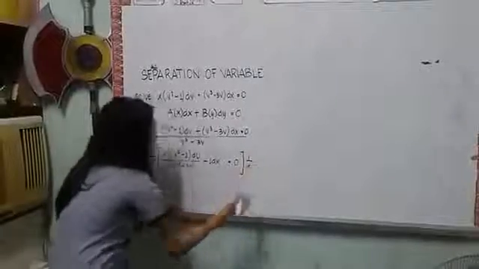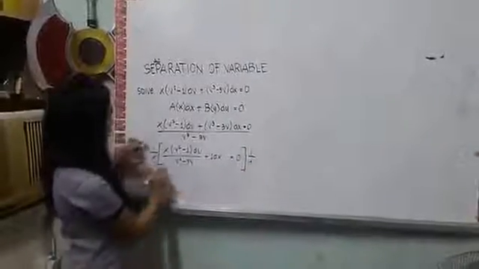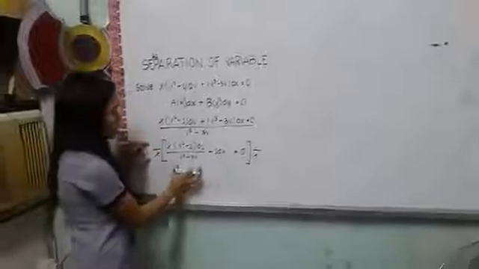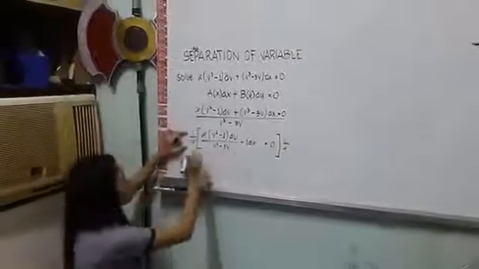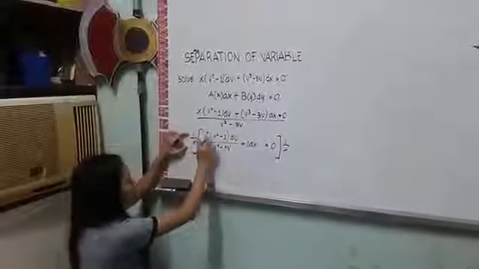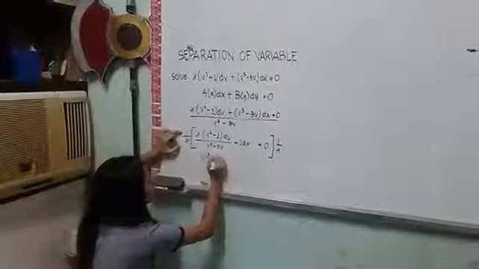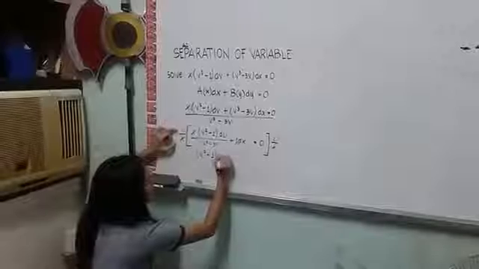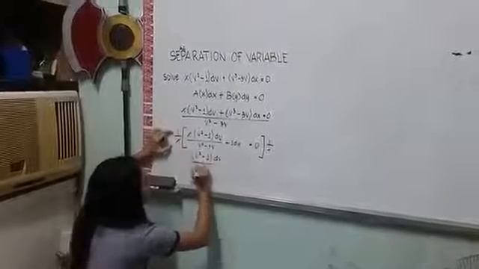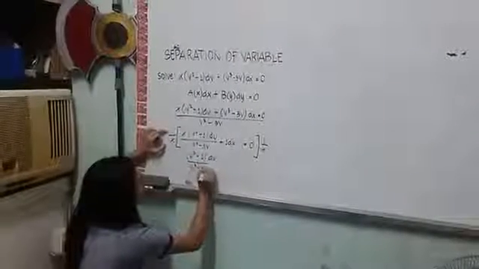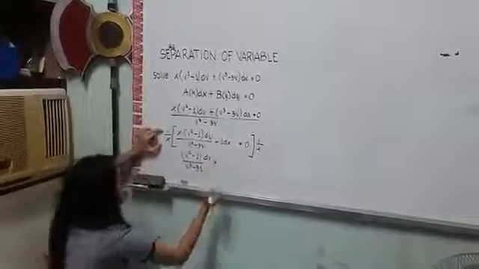When we multiply this 1 over x to this equation, we will have to cancel this x here. So it will become v squared minus 1 dv over v cubed minus 3v plus,